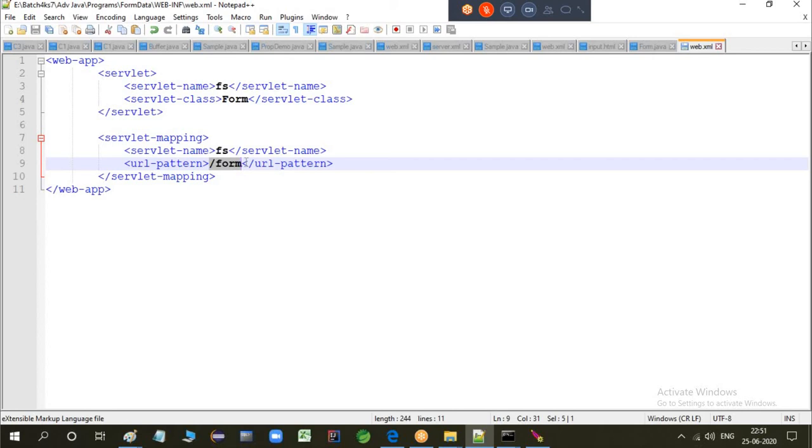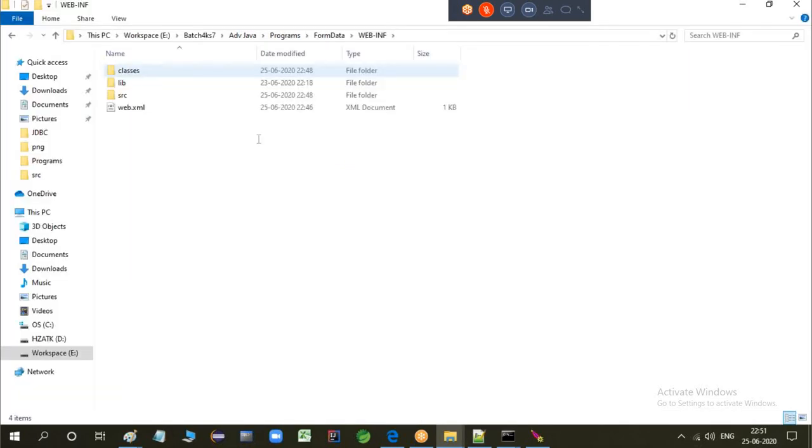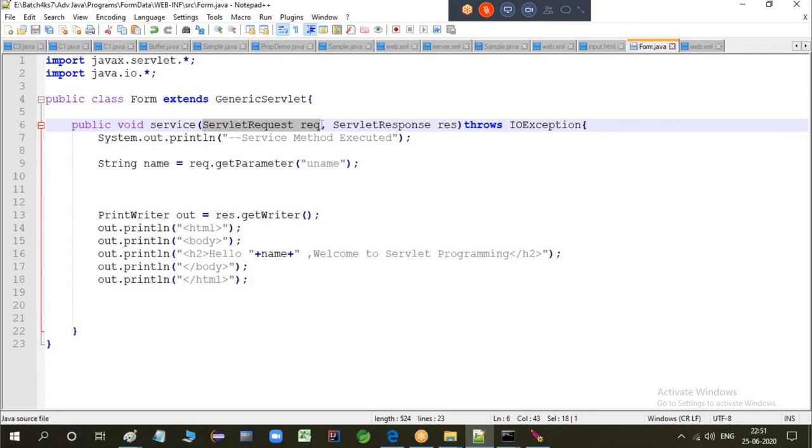And the request will go to the classes folder. The request will go inside form.class. Yes, the form class is there. This is what we have written, the form class. Now the request reaches the service method with complete request data inside the request object. That request object also has the name which is stored. I wanted to get that name out of that object. What I need to do is use request.getParameter.